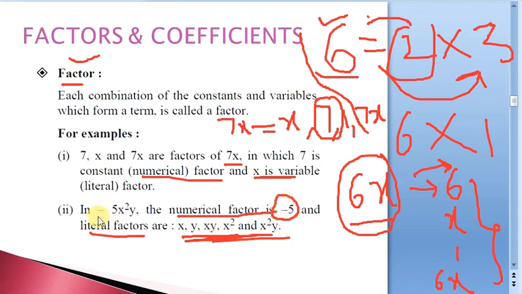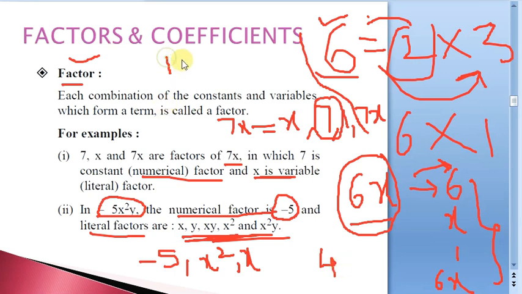As I say here, minus 5 x square y is one more thing that is given to us. Now see, minus 5 will divide it, x square will divide it, and x will divide it. Why? Because if a number is divisible by 4, will it be divisible by 2 or not? Yes. Suppose 16 is there, it will be divided by 4 completely. What is the square root of 4? 2. It will be divided by this 2 also. If a number is divisible by the square of a number, its square root will also divide it for sure. So in this case, we can look at the factors.